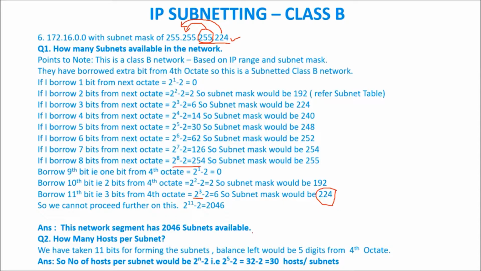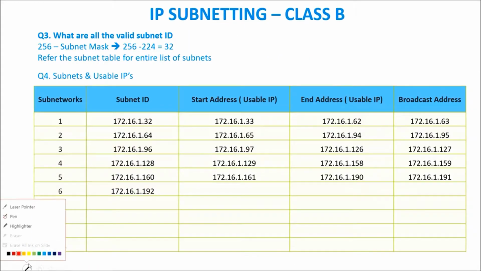So however many networks you want, you can do it. If at all they expand to more than 50, no problem. You give them another slash notation and they can use this IP address. So this is used for small scale industries. So here, the valid subnet block is 32. We are just subtracting 224 from 256.